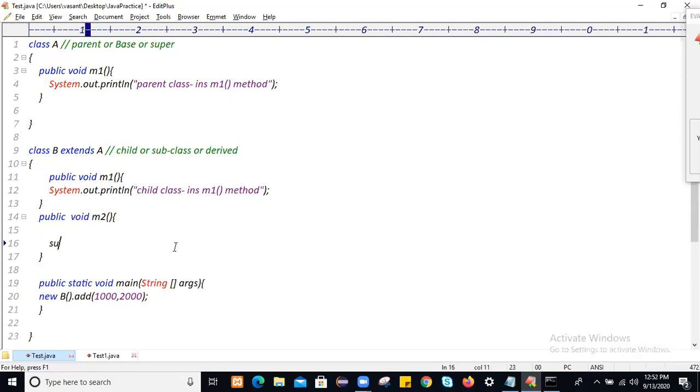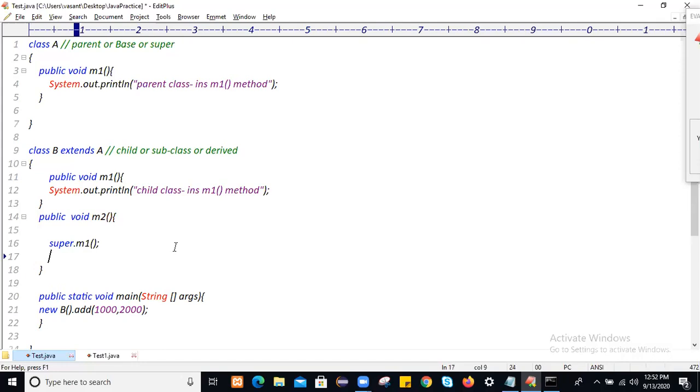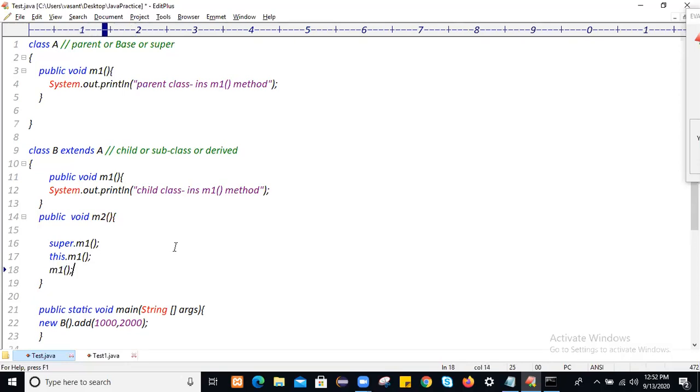By using the super keyword, if you want to call the parent class M1 method, you can use super.M1. It will call the parent class. If you use this.M1, it will call the M1 method of the same class. But if you call M1 directly, it will still call the M1 method of the same class. So using the this keyword here is optional. How many times will the same class M1 method get executed?